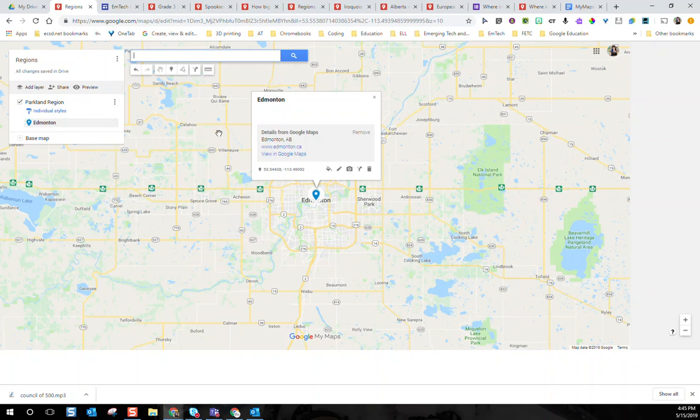Now there's some really fun things we can do. The first thing I like to do is you can customize that marker. What's great about this is if you've created an assignment for students where you want them to be able to look up a specific region and maybe look at things like industry, housing, food, you can put all of that. I've also done a project with students where we were doing animal research and we were looking up different animals from different places in the world and where they were from. And so we put all that in there.